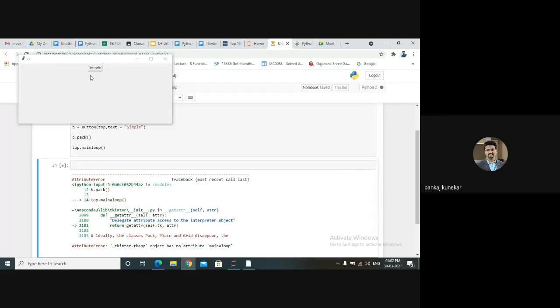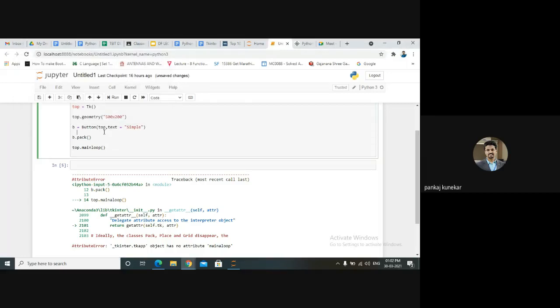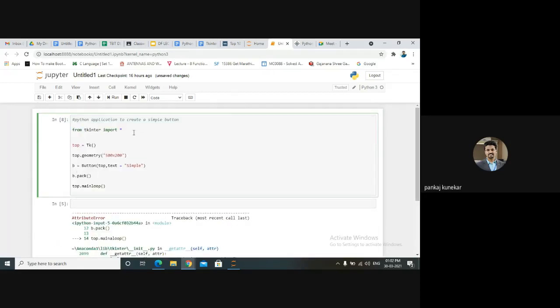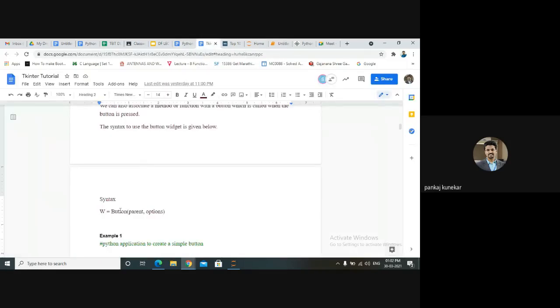See, the window is enlarged at the top, we can say. You will get many options over here. Please refer to the documentation, because we don't have enough time for each and every option. You can get the Python documentation for the options available. I will send you the link for reference, because each widget has more than 20 options available, and they are self-explanatory. So using the button function we can create a button.